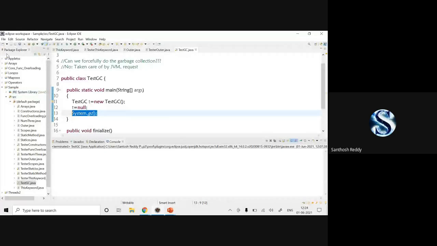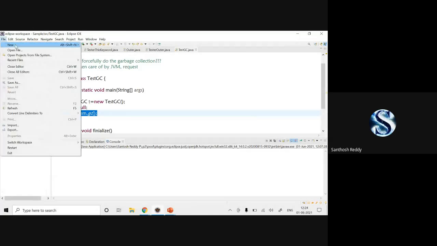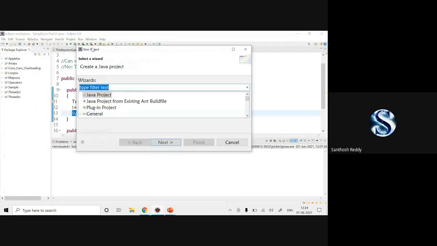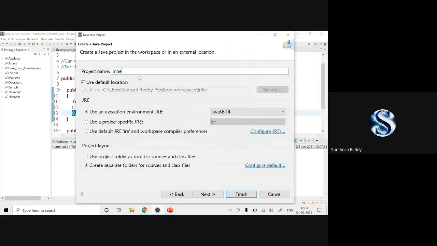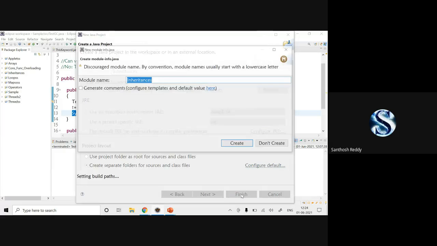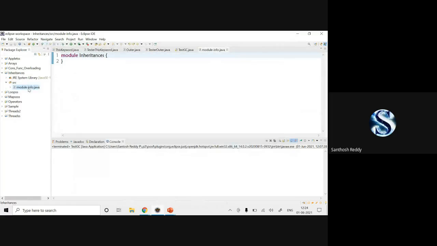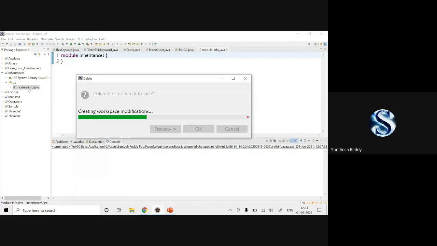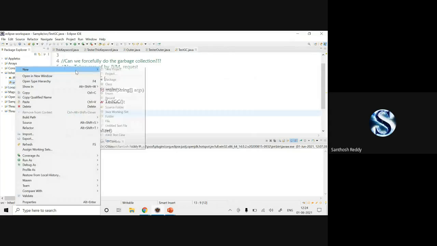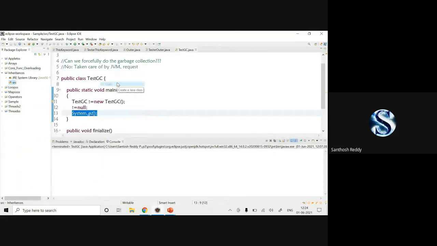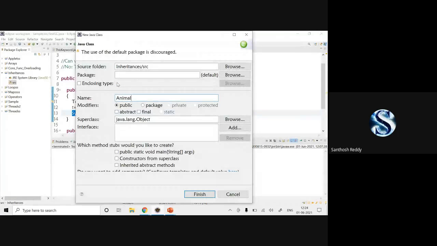Okay, now I'll create a new project, a Java project called inheritances. I'll click finish. Now you can check it out, here we have inheritances.